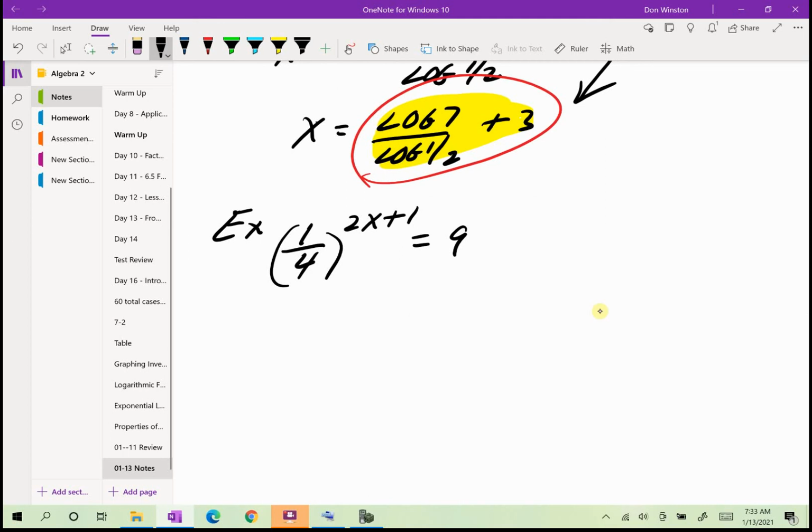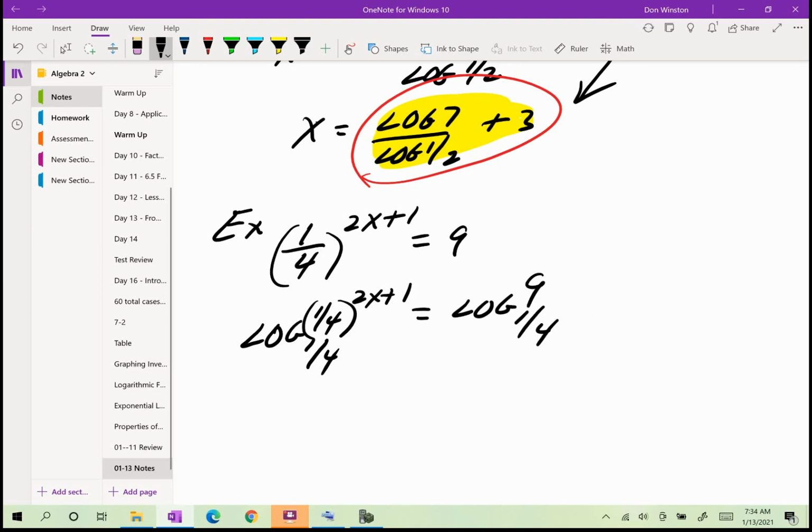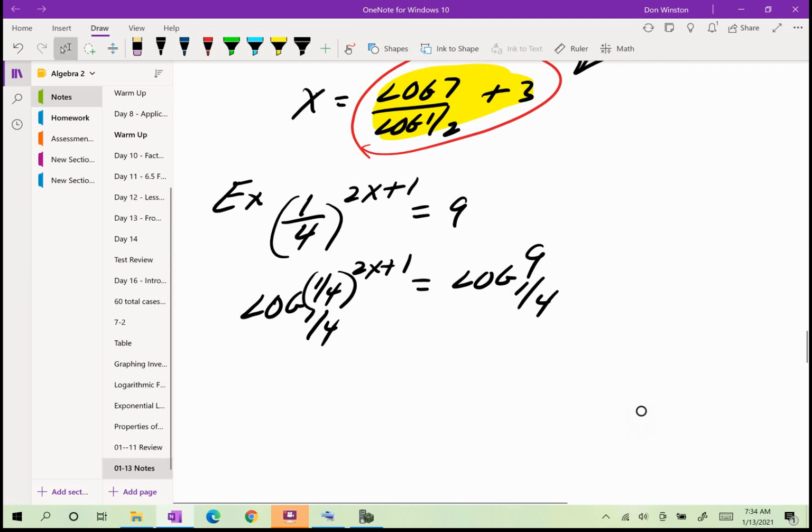So I'll take log base 1/4 of both sides. Of 9. So log base 1/4 of 1/4 raised to 2x plus 1, but that's just 2x plus 1 equals, and now